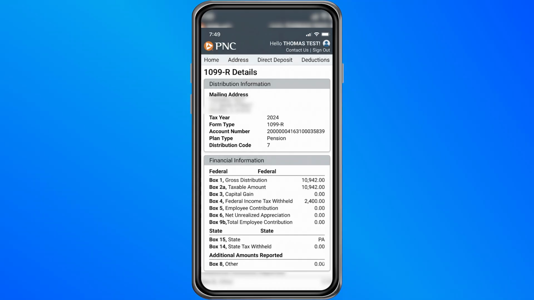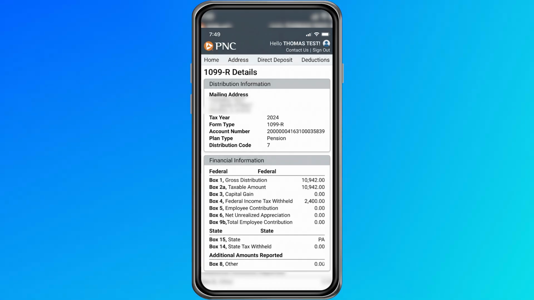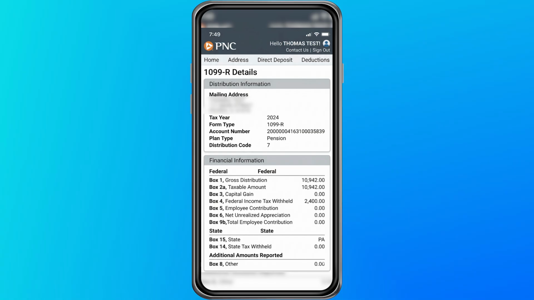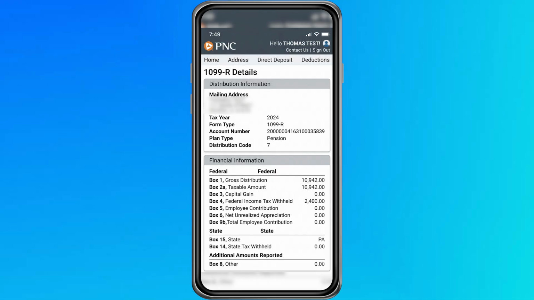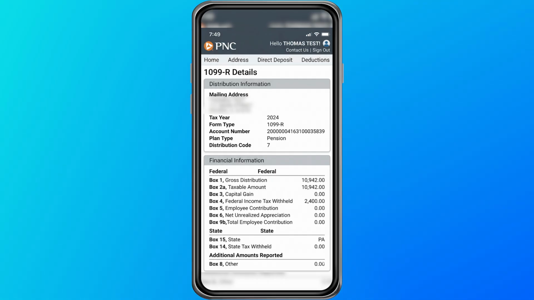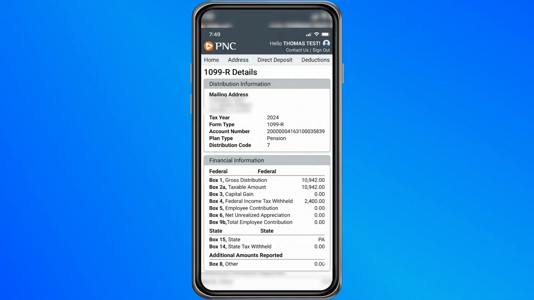If you need to save it, look for the download or share icon on your screen. You can save the file to your phone, email it to yourself, or print it if needed. If you do not see your form, make sure you are checking the correct year or contact customer support for